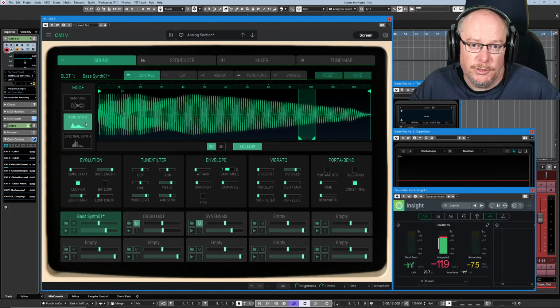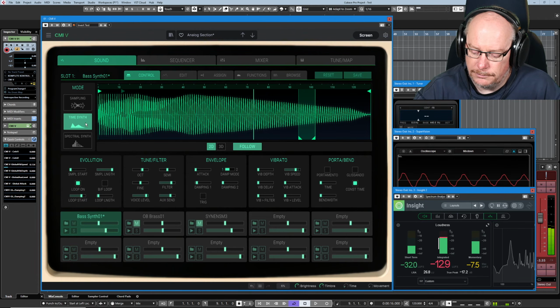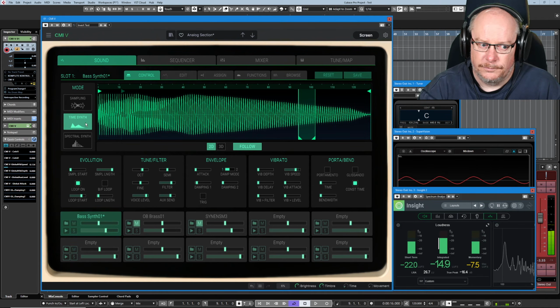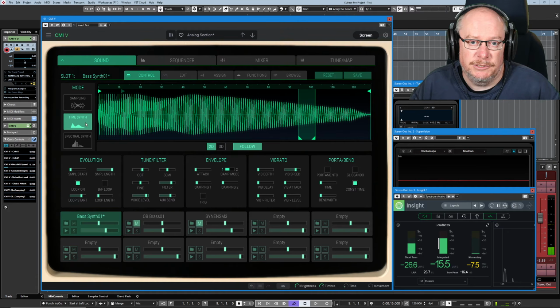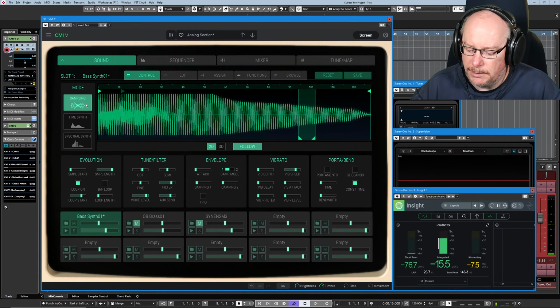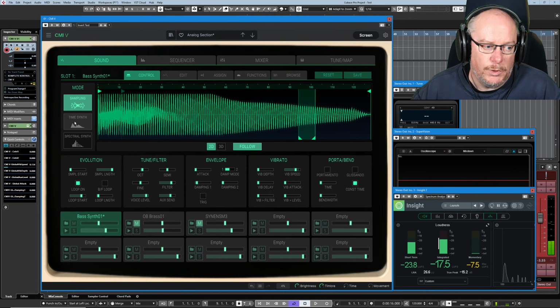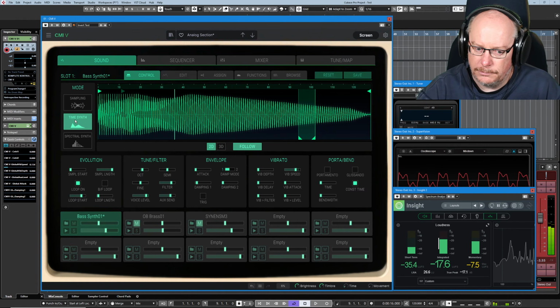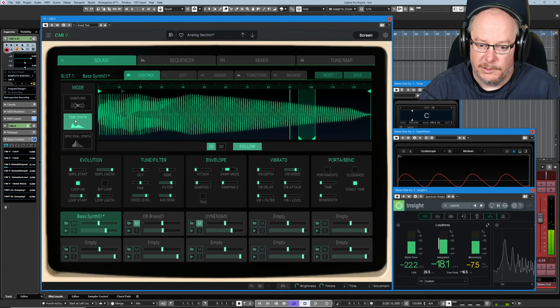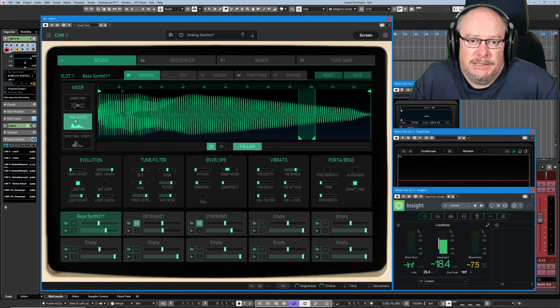This is where we enter the world of wavetable synthesis. I'll play the notes. It sounds really similar to the original sound. Here's the sample. And here's the wavetable version of it. It's really close. What's happened is that the sample's been chopped into loads of individual sine waves and all joined